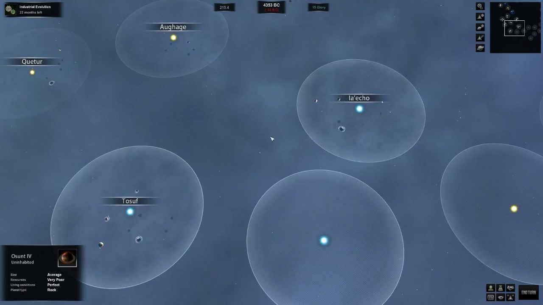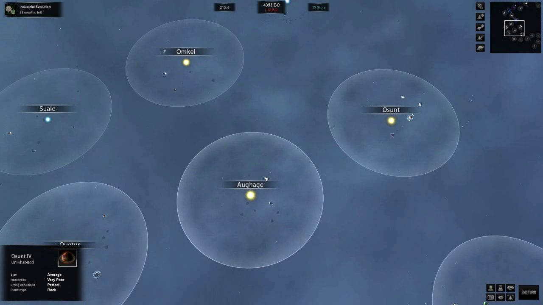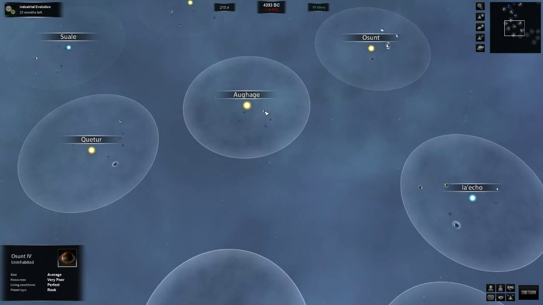Alright, so let's get back into here. Where is our home planet here? We were headed down, I think, to this place here. Rich, good. It's small, but it's rich and it's good. Very rich, moderate, average. Ooh, that's actually even better, I think. Average size, very rich, moderate. Oh, we can't do moderate until we have...